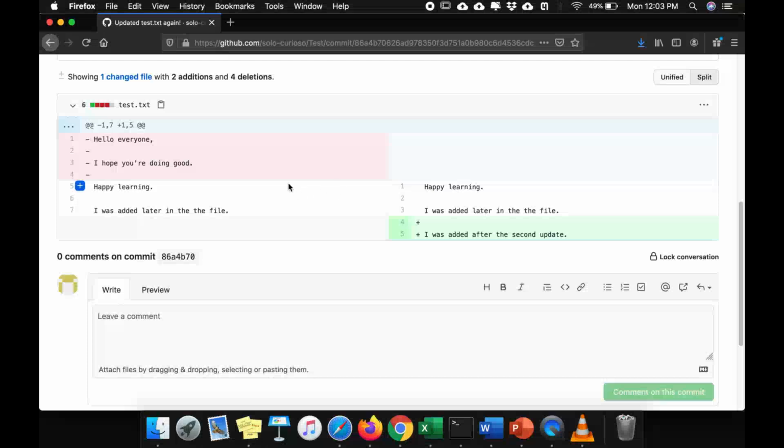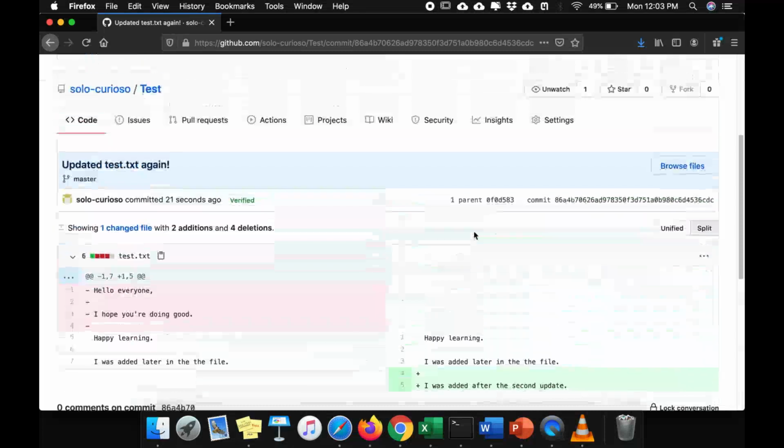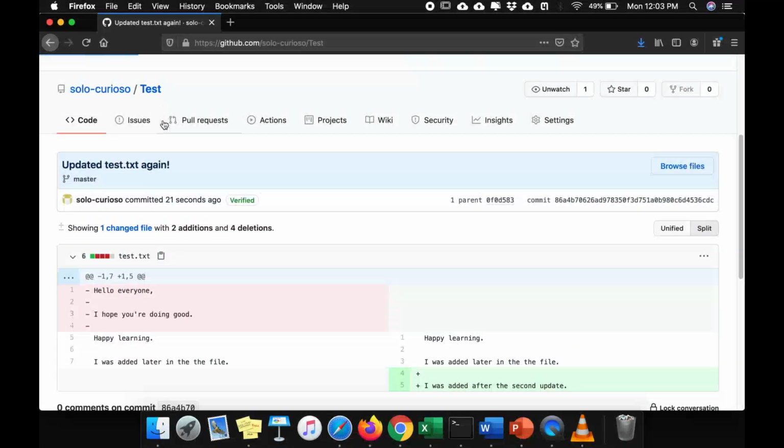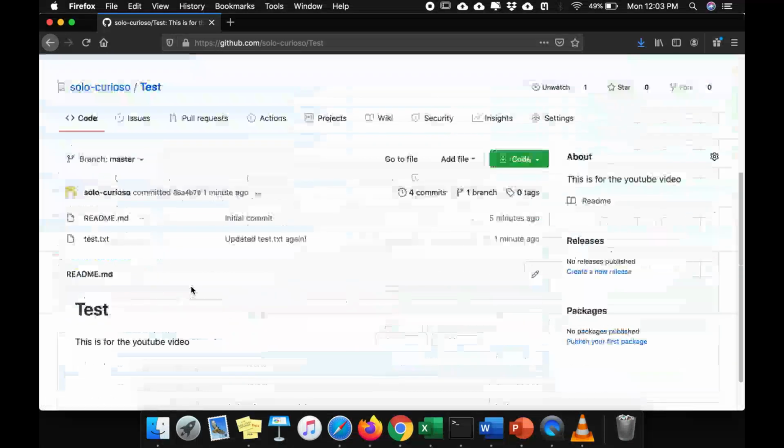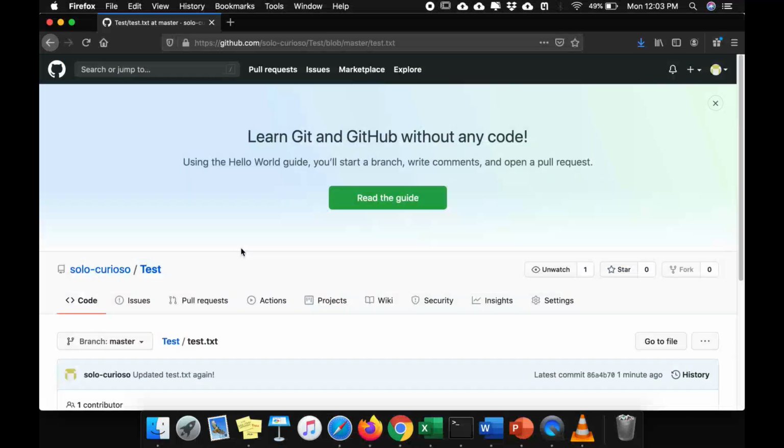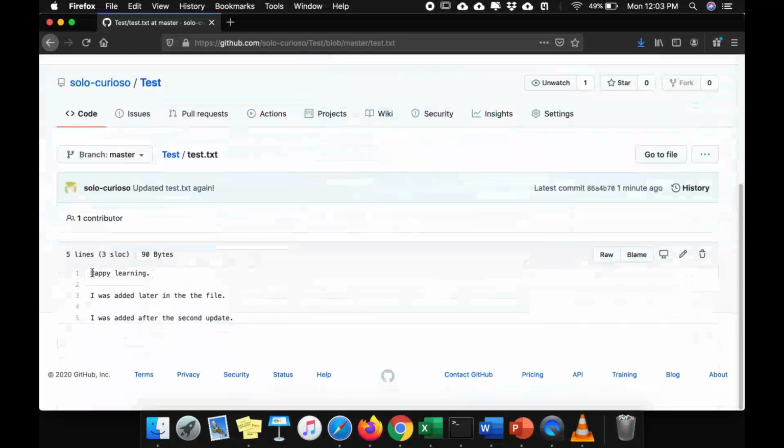So here you can see that there were these 7 lines, and I have deleted the first 4 lines that are visible in the red color here, and I have added 2 more lines that are visible in the green color here. So now if you check this file out, let me show it to you. There are these 5 lines remaining as we have edited them before.